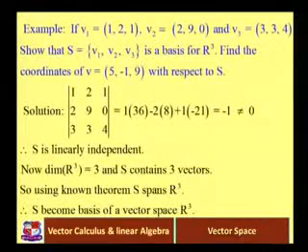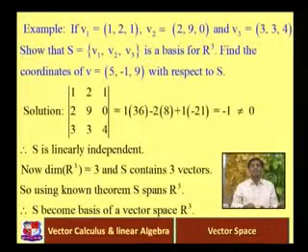This is the first example. We have V1 is (1, 2, 1), V2 is (2, 9, 0), V3 is (3, 3, 4). First of all, show that S is a basis of R3. That is our first job to do, and then find the coordinates of v with respect to S. Clearly we can check the determinant, because these three vectors are from R3 and we have exactly three vectors. So we check the determinant of the matrix with rows (1, 2, 1), (2, 9, 0), (3, 3, 4), which is equal to minus 1. You can see on the screen. So minus 1 is the value of the determinant, that is non-zero. So clearly S is linearly independent.